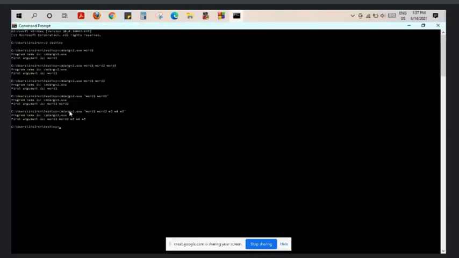Over here, for example, there is one text file which has some strings. Let's say two strings are there, word 1 space word 2. Or both the words are combined into one string like this, word 1 space word 2. This is to be read by the program, and then this is to be displayed on the command prompt over here.